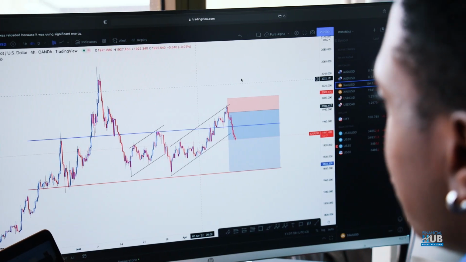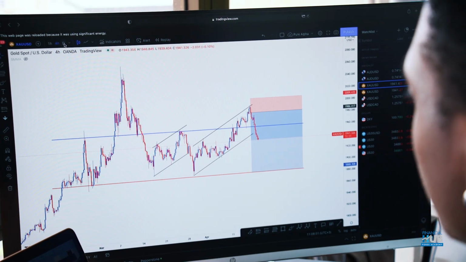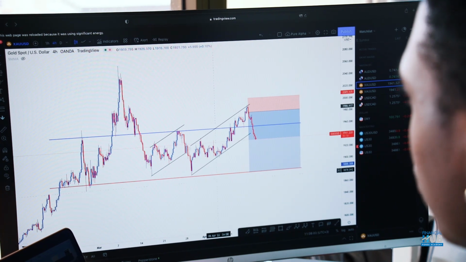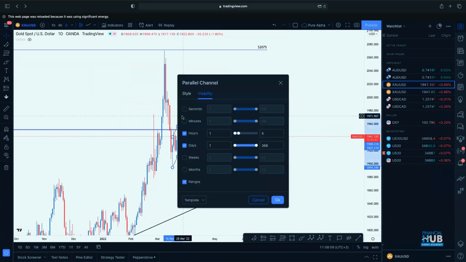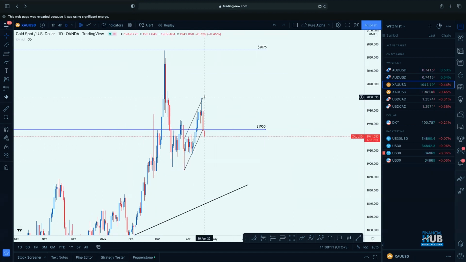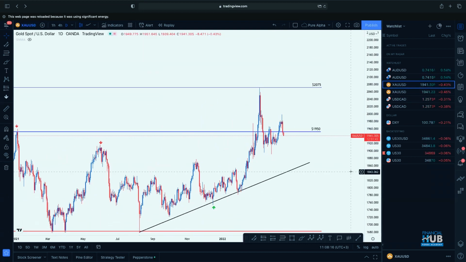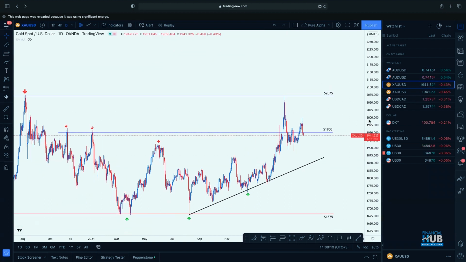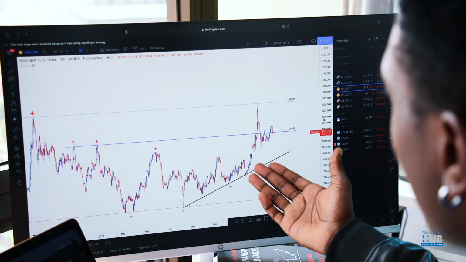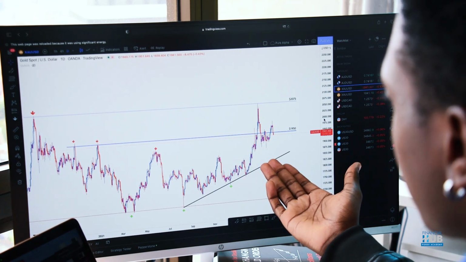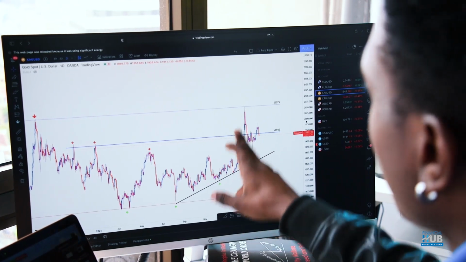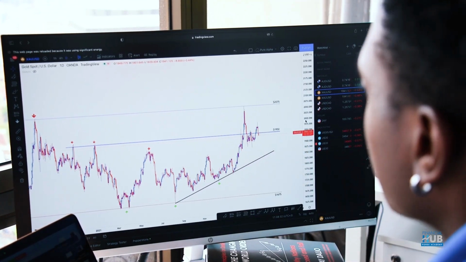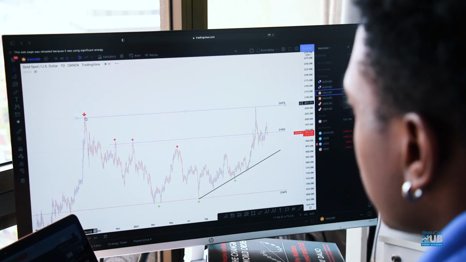Okay, so now down to the analysis. What am I looking at? I'll start with gold. I believe many people trade the gold market. So what I'm looking at, one sec, this on the daily chart, on the hourly. So what am I looking at on the daily chart? As you can see on my screen, I'm always paying attention to a lot of resistance and support levels. So first things first, I'm looking at the resistance levels on the daily chart. I'm looking at the resistance as well as the direction of the trend. So you can see we have the resistance level 2075, which has been capped not once but twice. You can see that first touch here.